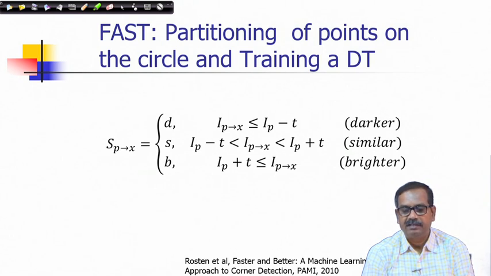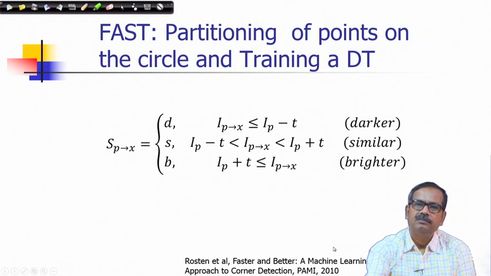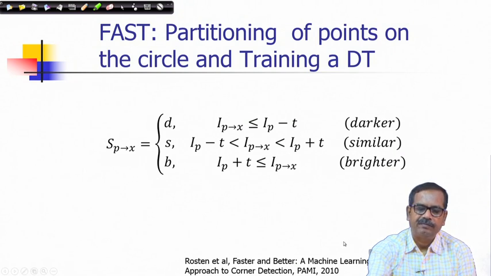You can characterize them as a point which is in the category of darker, and points which are similar with respect to the central pixel. Either it is darker than the central pixel, or almost similar, or it is brighter. So, it is a trinary logic. That means there are 3 states for every location, for every point out of those 16 points. Then based on those values you can train a decision tree, given the training samples of interesting key points and their neighborhoods, and use that decision tree later on to identify key points.